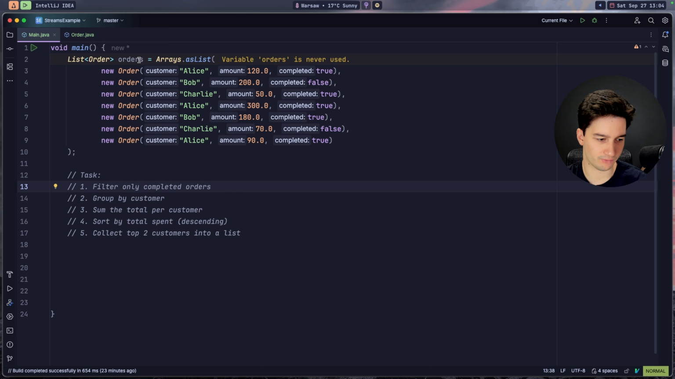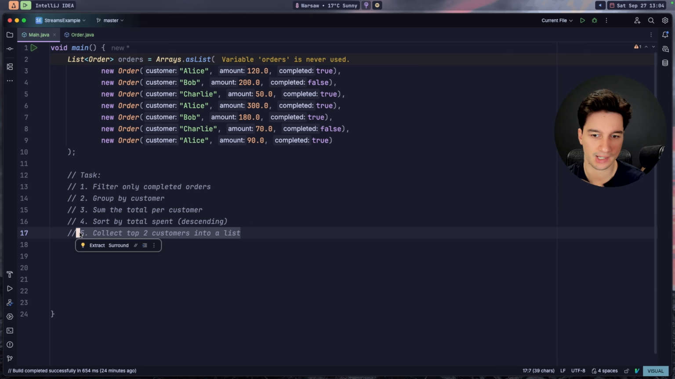So we want to have, for example, a map where we have a customer, and this customer has the value of this total amount, and then we want to sort these customers, going from the highest spender to the lowest spender, and then we want to get the top two spenders from these customers. And I'm gonna show you the old way to implement this functionality,